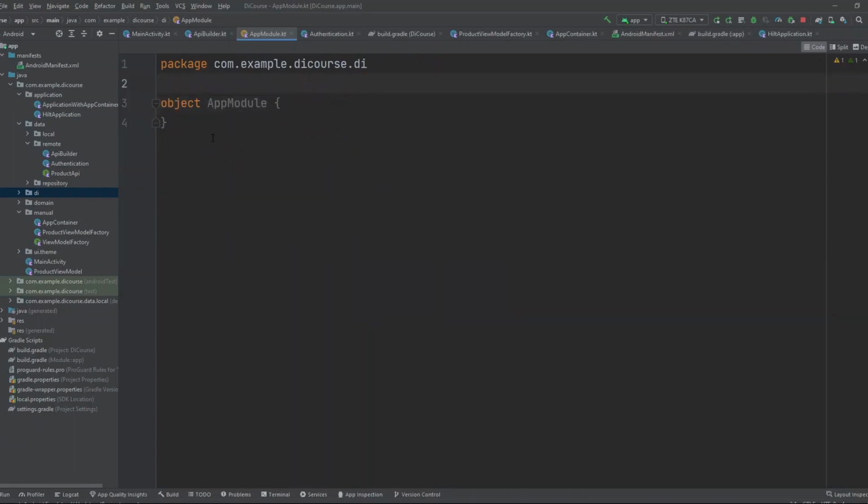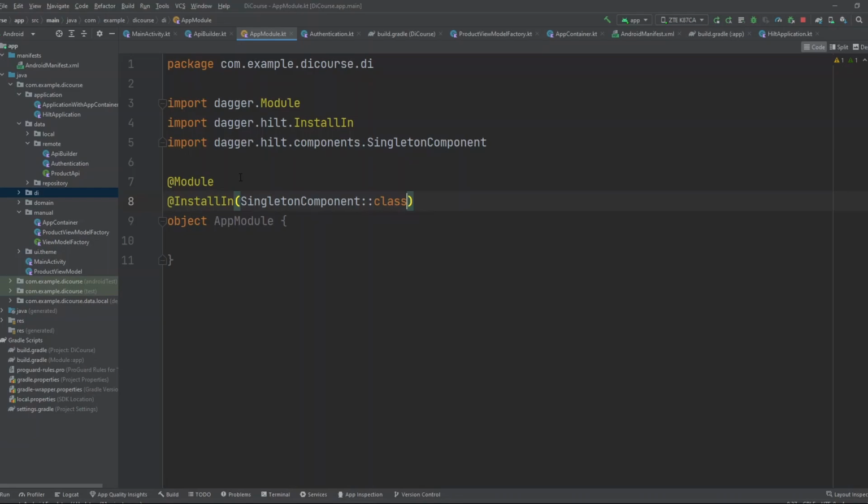So in order to make this object AppModule a module that Hilt will detect, we have to annotate it with Module. Next, we have to specify where to install the dependencies. The InstallIn annotation will show Hilt which class uses that dependency. For the lifetime of the dependency, we have used here in this example the SingletonComponent. The SingletonComponent, which is the parent class, is created when onCreate is called on the application class, and it is destroyed when the application is destroyed. So once using AppModule with InstallIn and SingletonComponent class, as long as the application is alive,